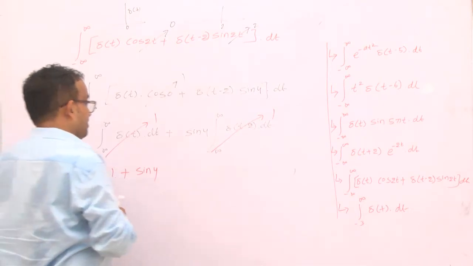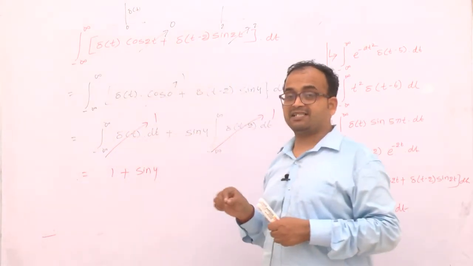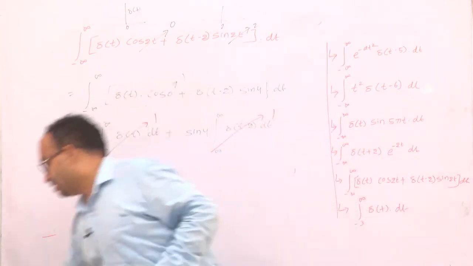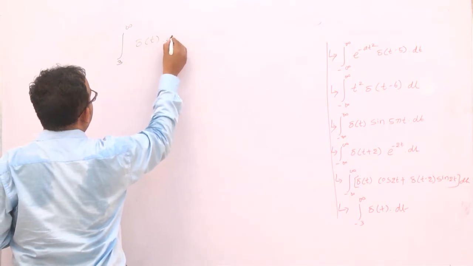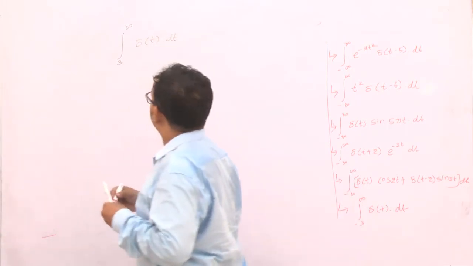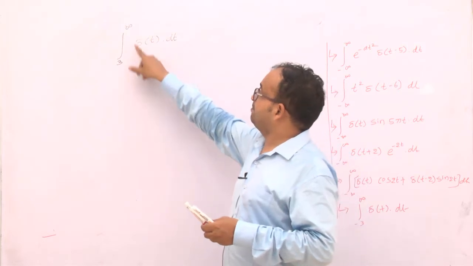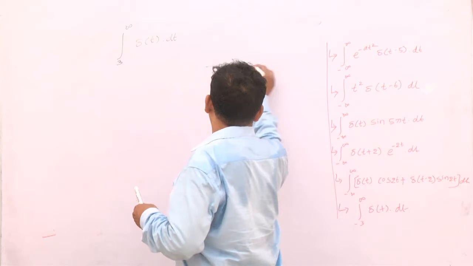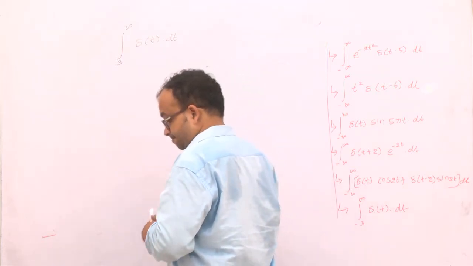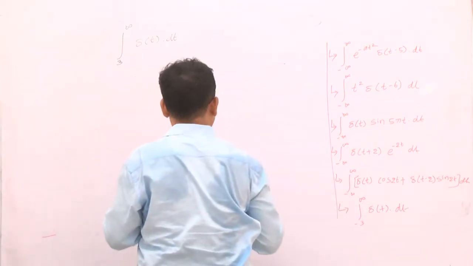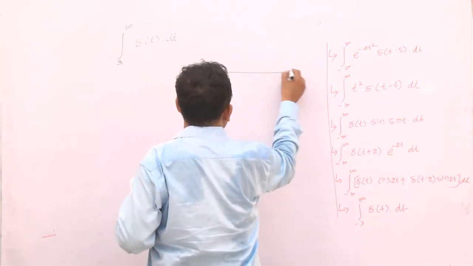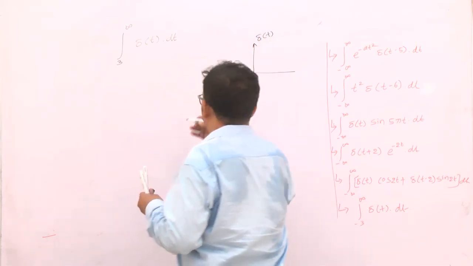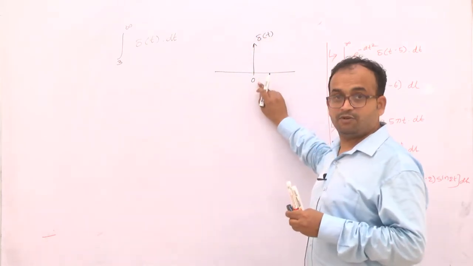So this is about a general problem. Another thing is there, the integration limit. So how to see the integration limit? This is also very important. Let in a problem it is given like this: 3 to infinite delta t dt. So what is the value? Delta t is present at t equal to 0. Try to understand these things.